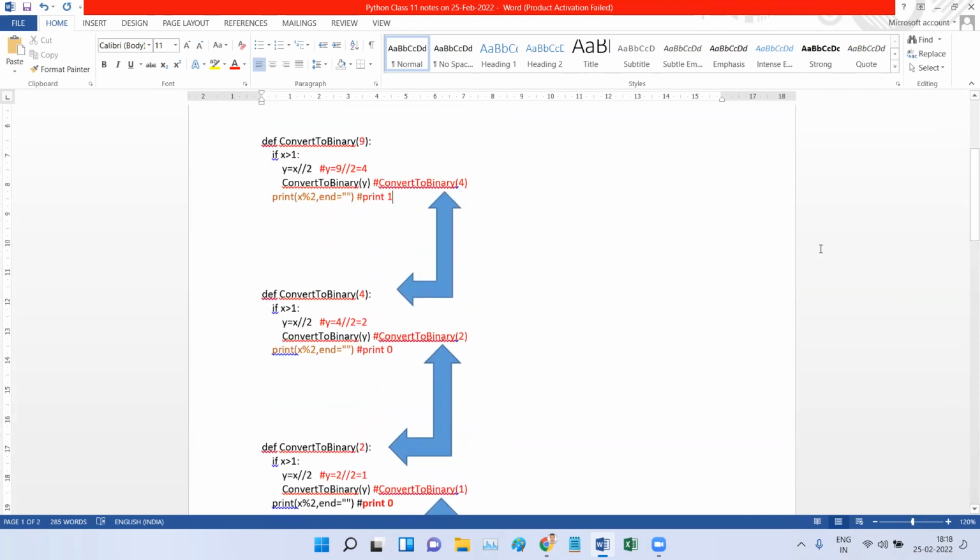Okay, so this is the whole crux of the program of recursion and converting a decimal number into binary. I will give you this document. You can refer to it and see for yourself how this is happening. If anyone has any doubt, please ask. I can also allow you to unmute. You can unmute and ask, or chat and ask, because this meeting is closed right now. I hope everyone has understood this program. Does anyone still have any doubt about recursion or the program to convert a decimal number to binary using recursion?